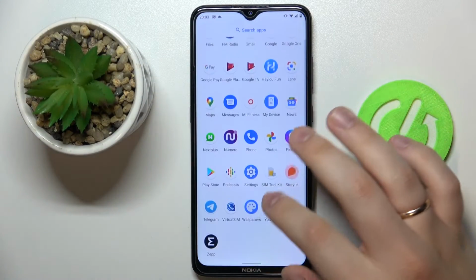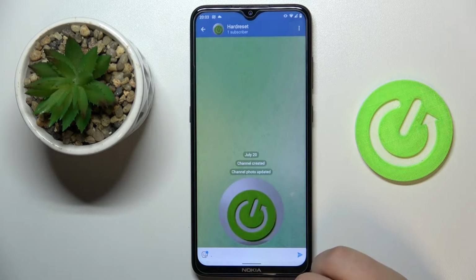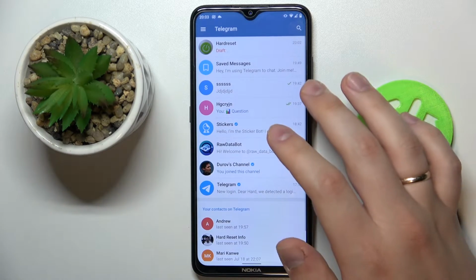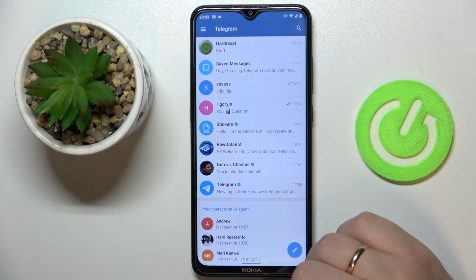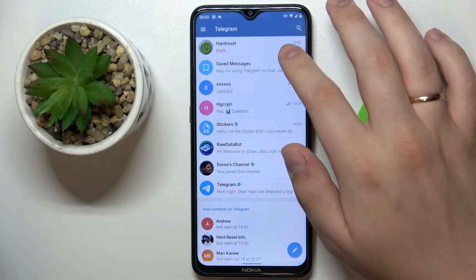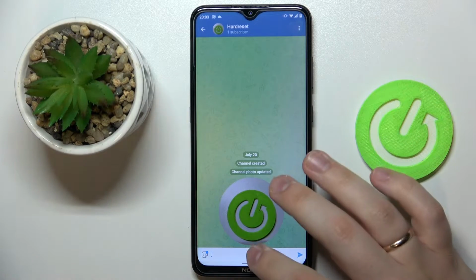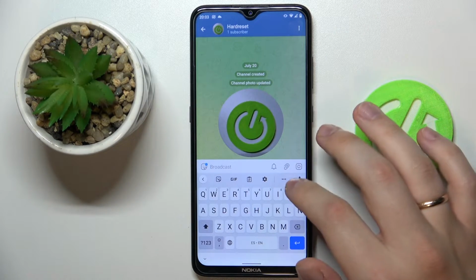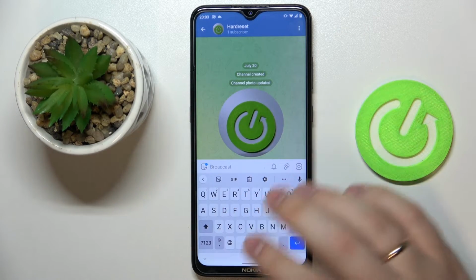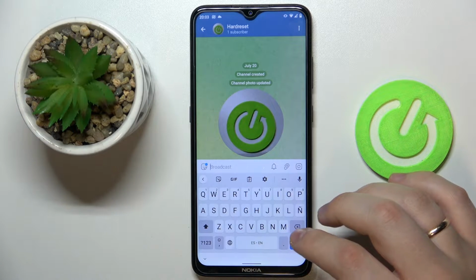So first of all, let's go ahead and launch the app itself. Next, we want to open up the channel that we would like to post to, the channel that we have created, our own channel, or any public channel that we have the admin rights in. Once here, just tap on this field, and here you can write in something that you would like to